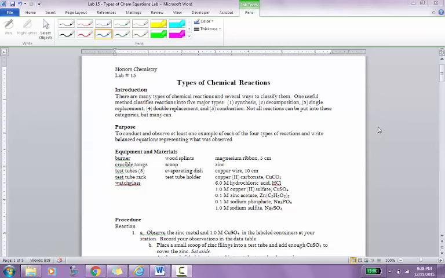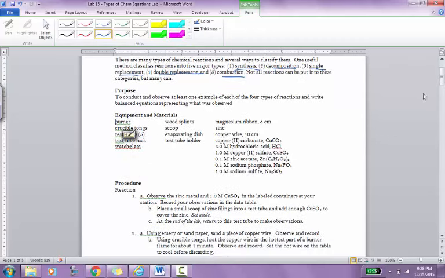In this laboratory, you're going to spend some time with seven different types of chemical reactions in an effort for you to understand and see examples of things like synthesis reactions, decomposition, single replacement, double replacement, and combustion. Each of the reactions detailed in the list below will give you some practice in identifying and seeing those different